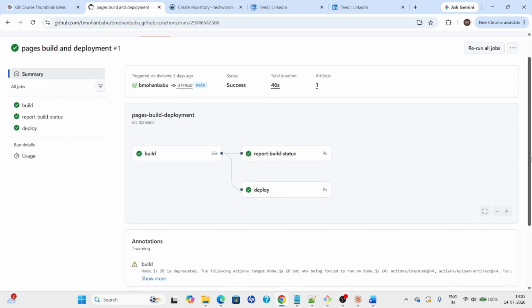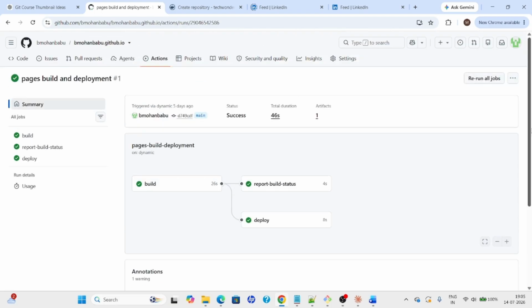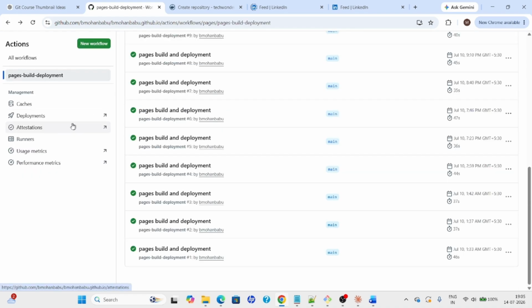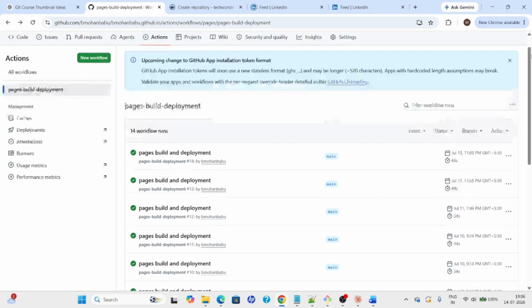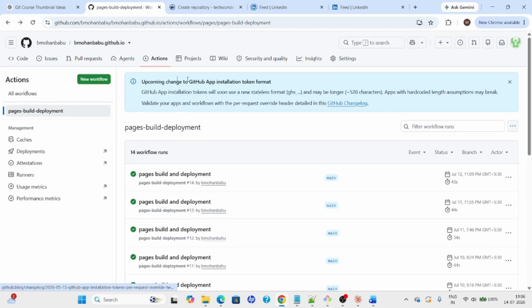That's it. Whatever stages we have given, it will take it here: build, report build status, then deploy. Like this, we can set up and rerun all jobs. Everything will be done here itself, in the GitHub account only. Deployments, runners, usage metrics, everything we can see in GitHub only, and we can create a new workflow as